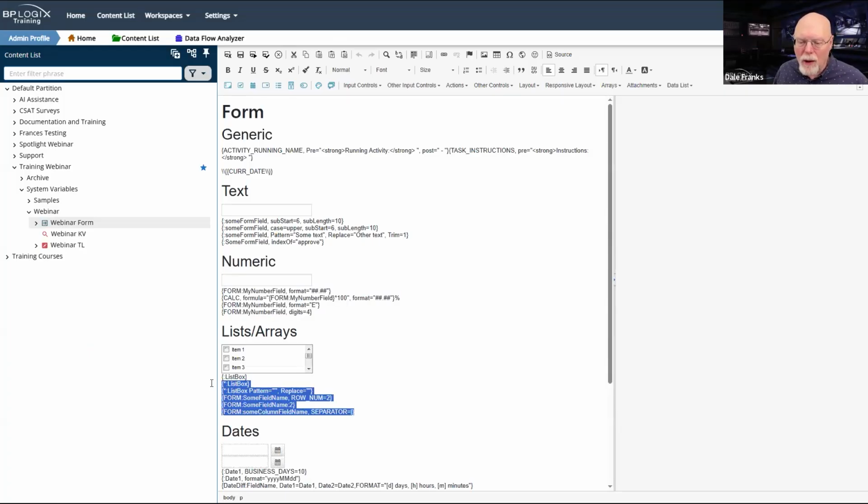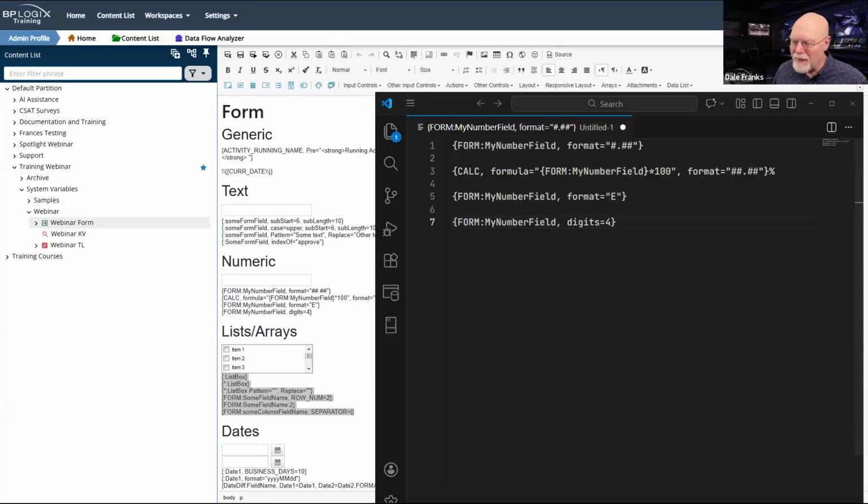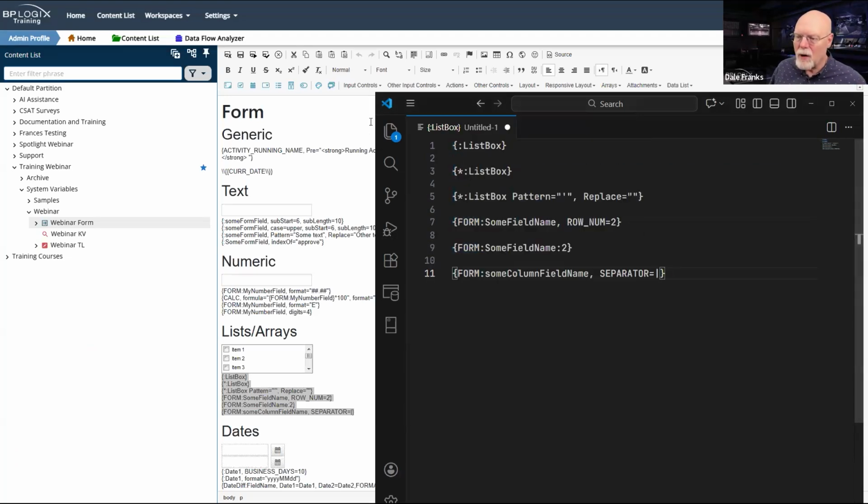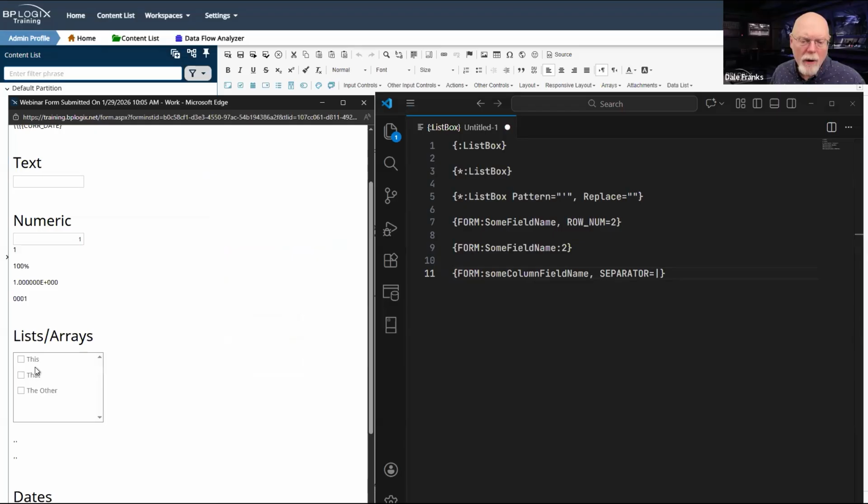Now let's pull this right here. I've actually got two things I forgot to put an array in. We're going to have to make an array. I didn't put an array in this form. So let's talk about lists and arrays. We'll start off with our list box. Largely, what I want to do is change the value. I'm just going to select all 3 of these values, which is this, that, and the other.